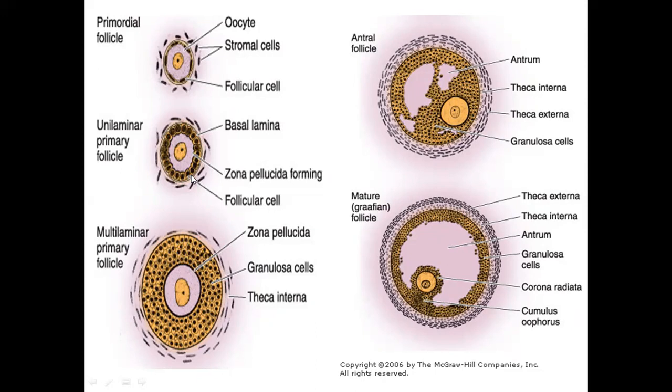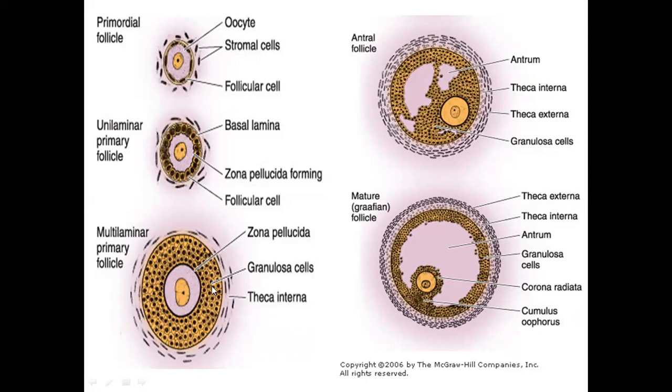The next important thing is that the stromal cells are now arranged clearly in a distinct layer. That distinct layer is termed the theca layer. This theca layer is further divided into two components, theca externa and interna. One of the components is labeled in this multilamellar primary follicle as theca interna. We will discuss them in upcoming follicular stages. What is important for naming this follicle is that we name it multilamellar, but it is still a primary follicle. Remember that there are two types of primary follicles, unilamellar and multilamellar.